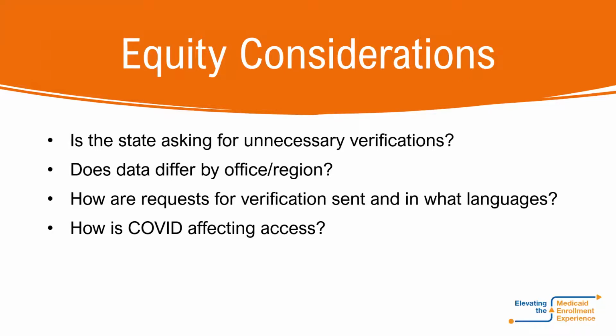And then again, is the state really asking for things that they don't need to ask for, especially when you go back to Jen's description of reasonable compatibility? Are they sometimes asking for income verification when they don't need to? And again, is that a policy issue, or is that an operational issue because maybe they're perhaps just interpreting the policy incorrectly? If we look at some of this data or access issues by office or region across your state,